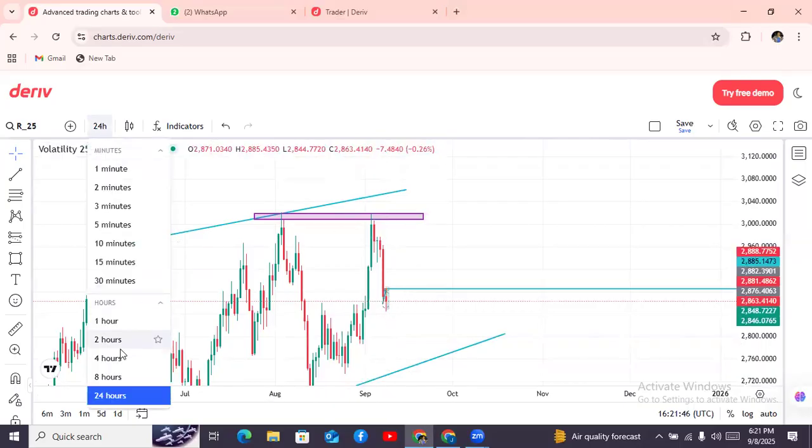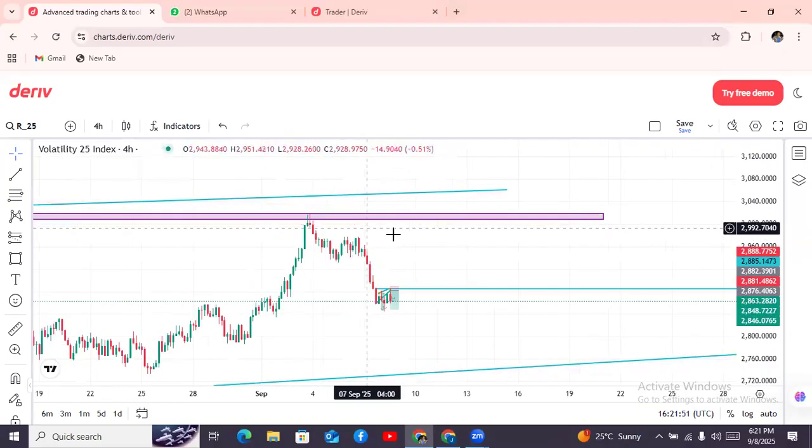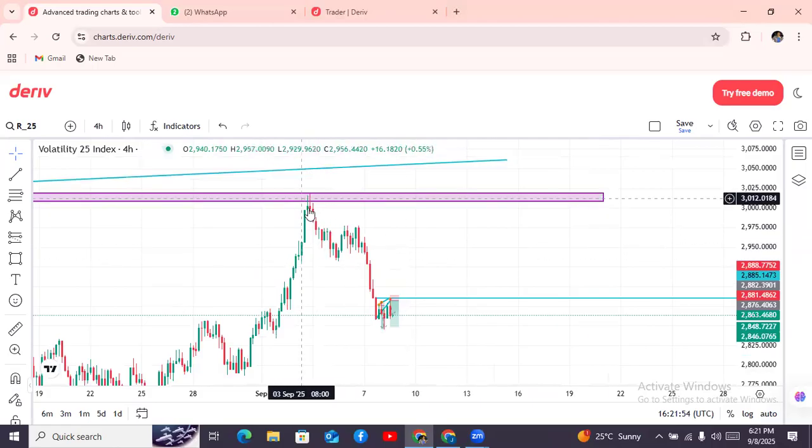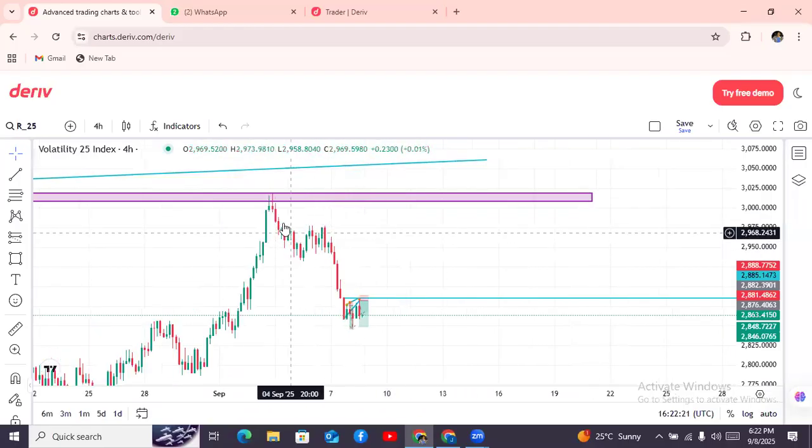So we go to a 4 hour time frame. At this particular level, we can see a rejection that took place at least twice. A first bullish rejection that tells us the bulls are no longer interested to go in that direction, and then the second bearish rejection that signifies that the market is actually turning into a downtrend. All right. So one could have sold from there,